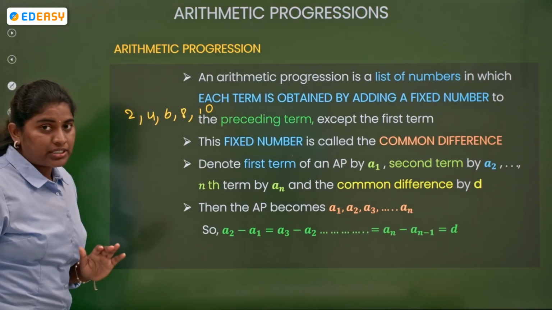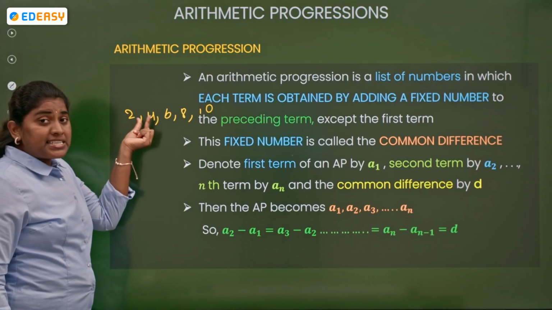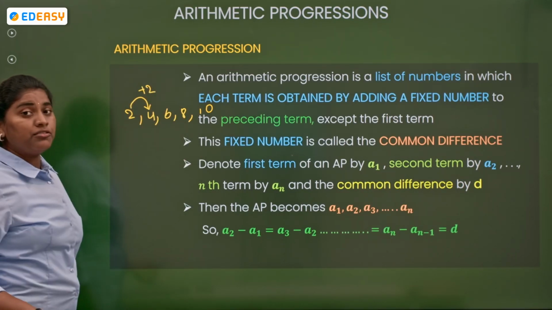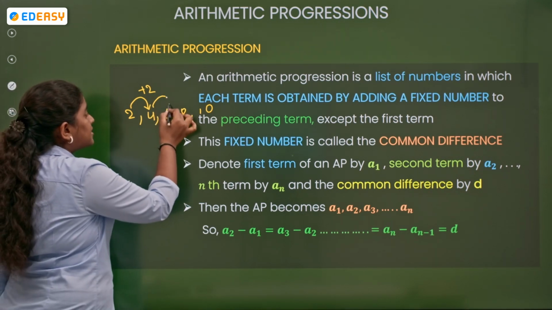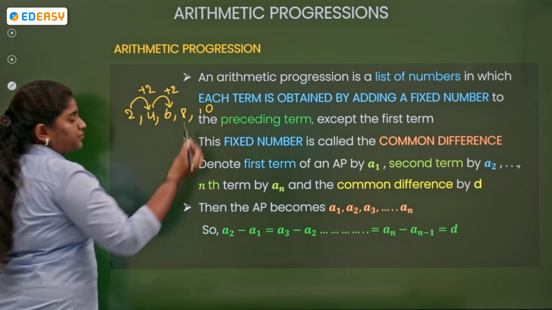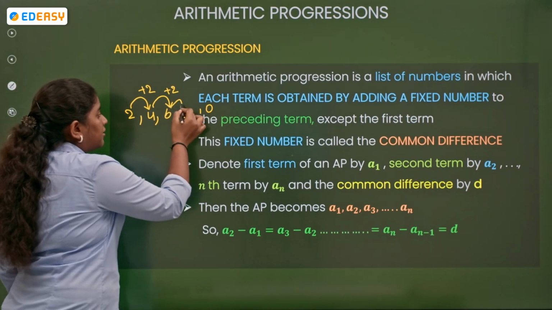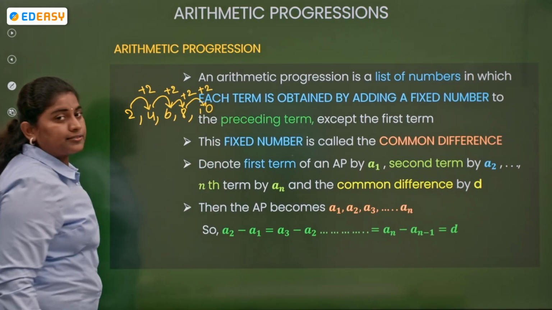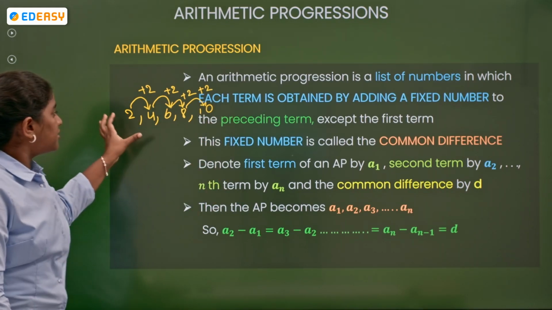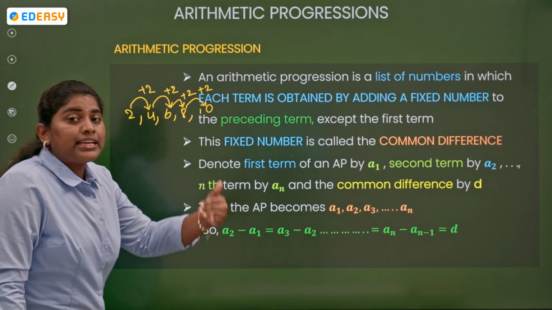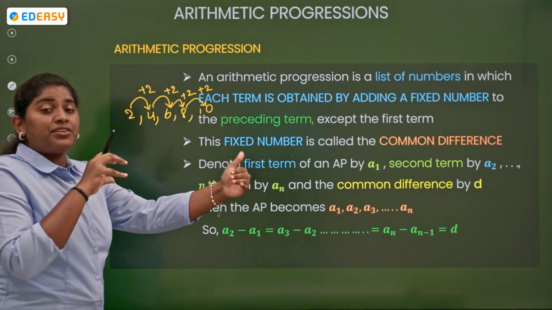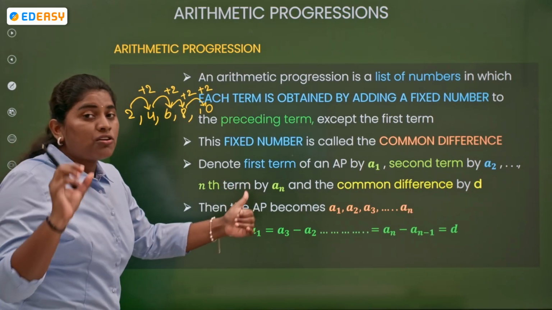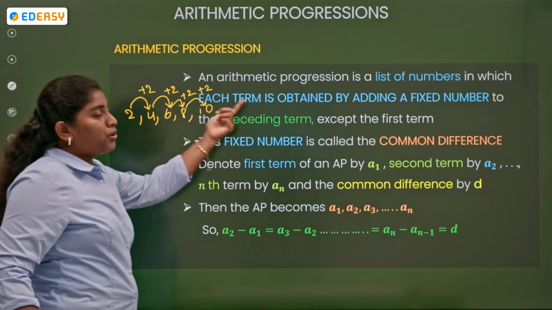Now, if you observe clearly, how can I get my second number? To 2, I am adding another 2, so I am getting 4. And how am I getting 6? To 4, I am adding 2, right? And for 8, once again I am adding 2 to 6. And for 10, I am adding 2 to 8, right? In order to get the next number, we are adding a fixed number to the previous terms. So that list of numbers we are going to call the arithmetic progression.